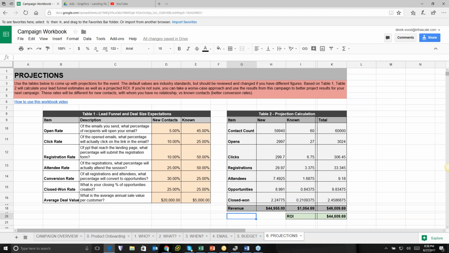This is also a big part for any of you who are Google Cloud partners, or even if you are looking to do an event with Infrascale, use this workbook for whatever event you want to do, and doing a projection like this is going to make it much easier for the powers that be at Infrascale to approve some fund requests. We have an MDF, Market Development Fund program, and you have to fill out this basic information.